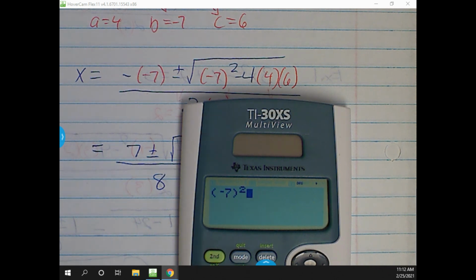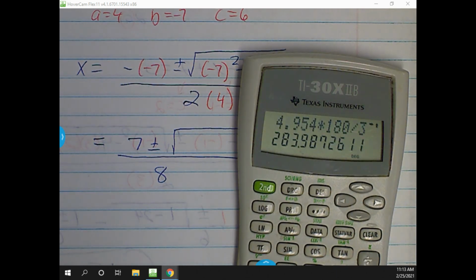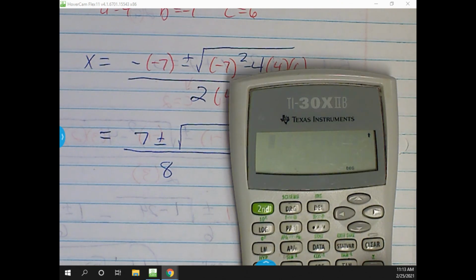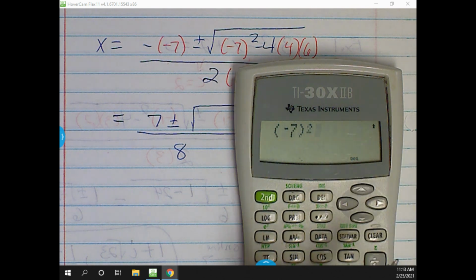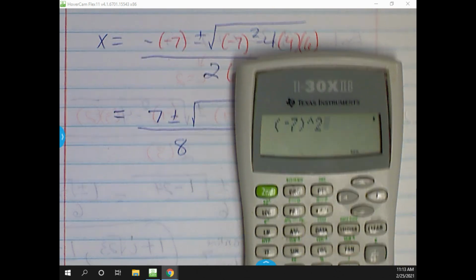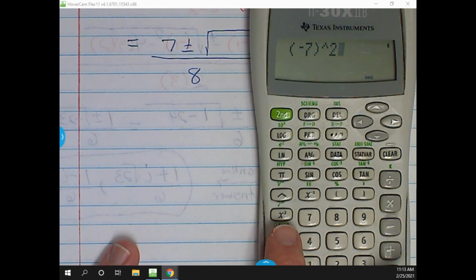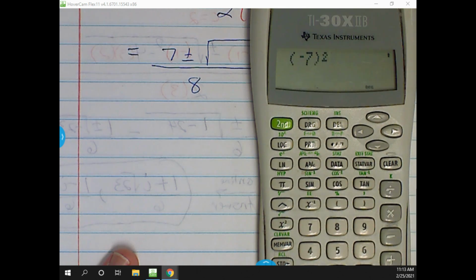If you're using the Texas Instruments that's similar to the ones we've got up here on the board, do that one real quick because there's not a squared button. Or sometimes there is. You can do it a couple of different ways. We've got negative 7 squared minus 4 times 6. If you do parentheses, negative 7. There actually is a square button there. If you happen to not find it, the rooftop button is also a power button. So if you ever need a different power other than 2, what looks like a rooftop button here, that's your power button. Right below that one on these calculators, there's also the squared, so we can kind of go either way with it. So negative 7 squared